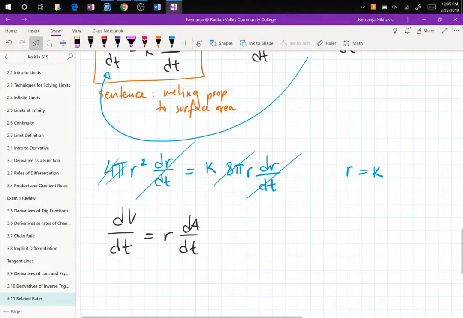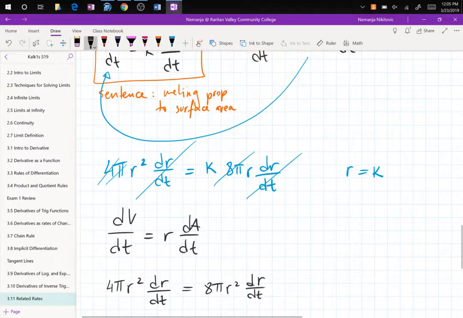Plug everything in again, subtract equal to 0. Let's see. So 4 pi r squared dr dt is equal to 8 pi r squared dr dt,